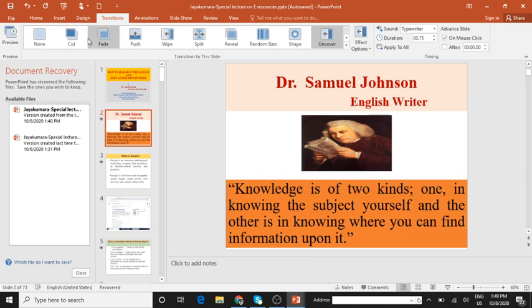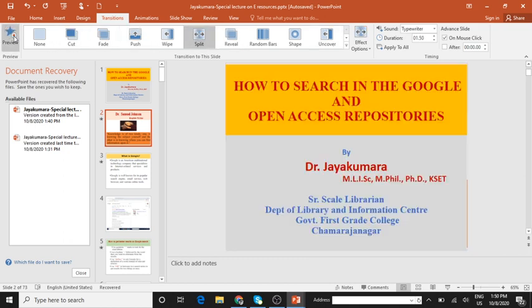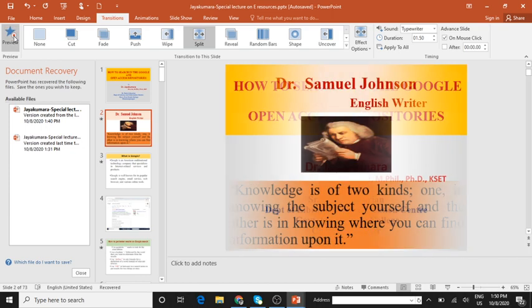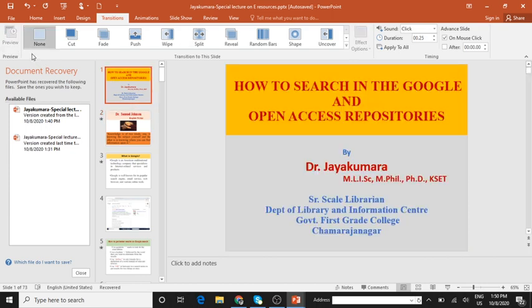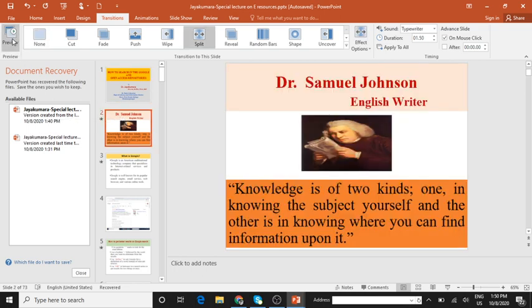Okay, split. Understand it? Did you get it, children? So this is what is called transitions, the special effects that introduce a slide in a slideshow.